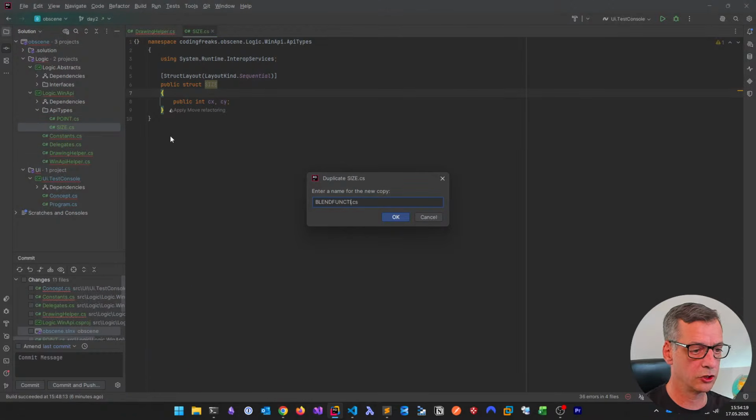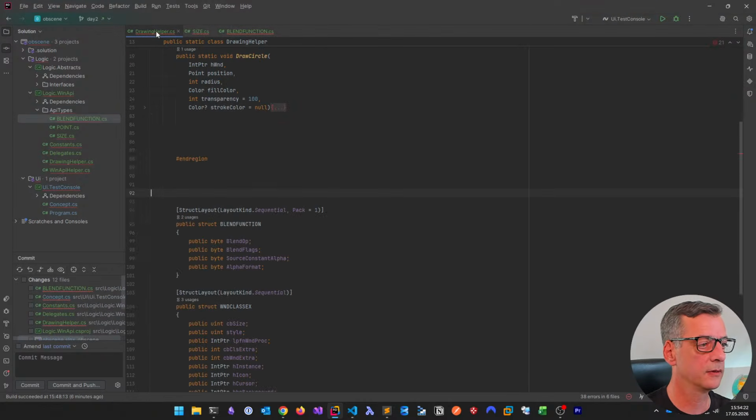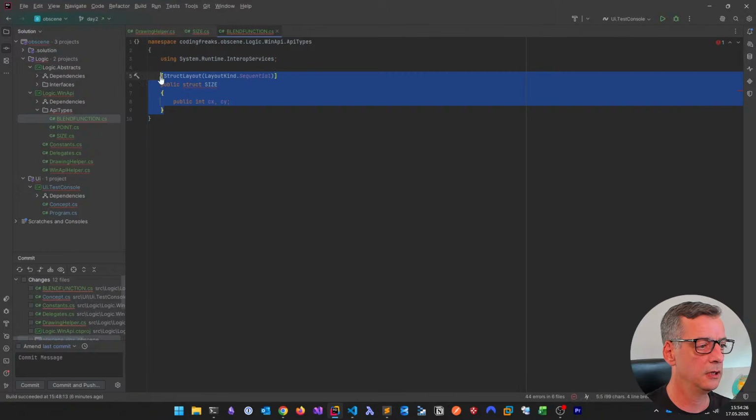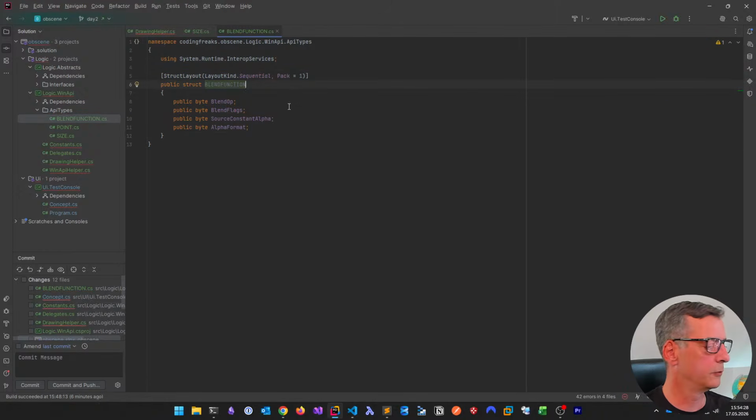Blend function. So let's go to drawing helper, cut this out, and do it here. So most of the times,